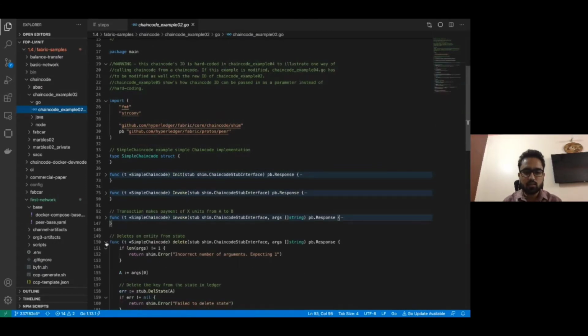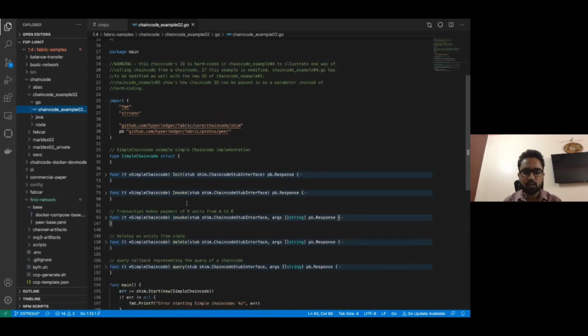In this smart contract, there are two variables, A and B, and you can take these as two accounts, A and B. We have initialized those accounts with some amount, suppose 100 and 200. There are several other invoked functions in this smart contract that will change the state of those variables to some other state.